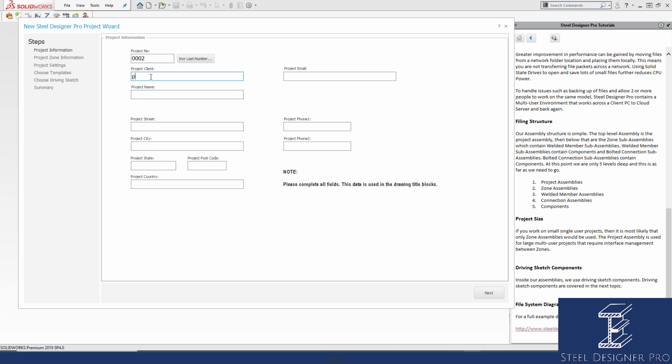So project client, I prefer to use caps because in the drawings it will come up with capitals. We don't filter out lowercase or uppercase, but if you want your drawings to show lowercase, just type lowercase in here. So project name, I'm just going to go test project